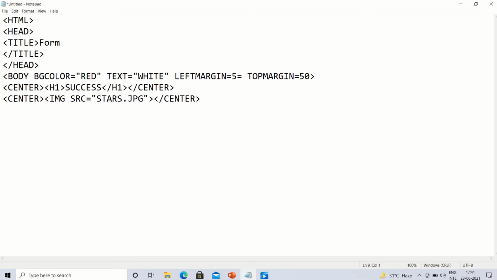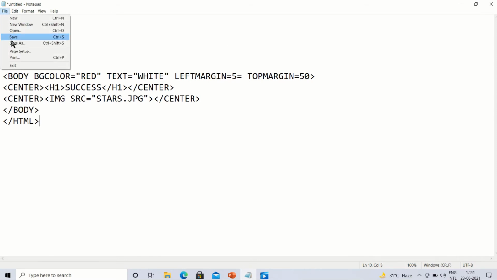Now we will give here /body to complete our coding, and /HTML. Like this our coding will be completed, and we can save this file.